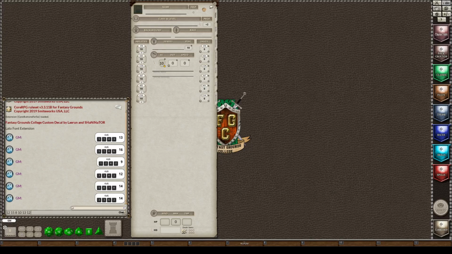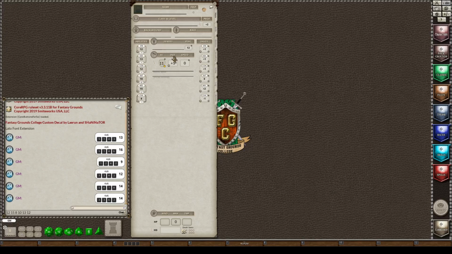Okay, so I'm going to use the 15 in my Wisdom because I'm making a cleric. I'm going to use my 13 in Dex. I am going to use my 12 in Con and in Strength. And then I have a 10 and an 8. You know, this is not that much different from if I would have used standard array. I'm going to keep the 10 in Intelligence and put an 8 in Charisma. So these are the stats that I'm going to start with.